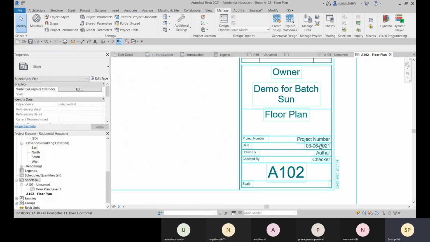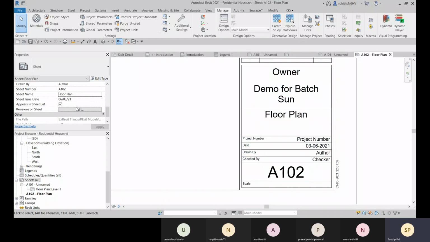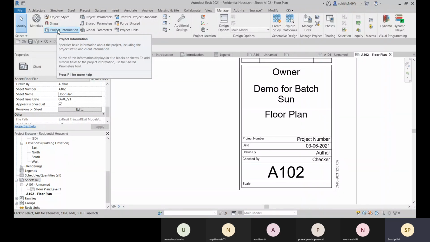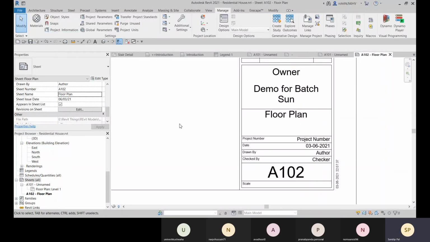Click on OK, and here it is visible. So some information is available in instance parameters, and some information related to the project is available within this project information tab. Okay.